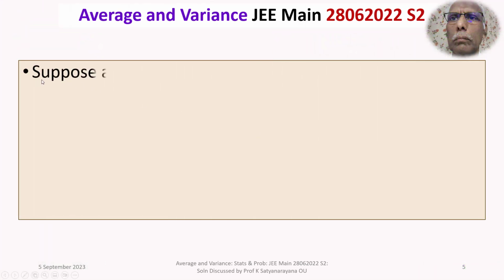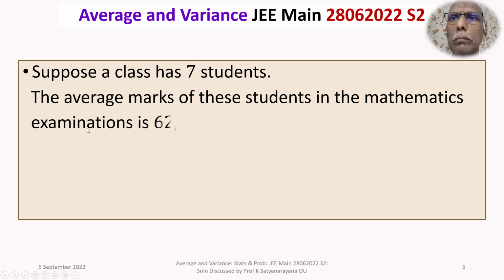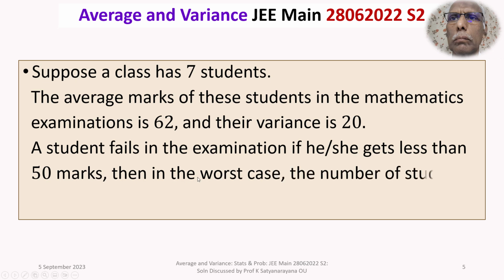The given question is, suppose a class has 7 students. The average marks of these students in the subject mathematics is 62 and their variance is 20. A student fails in the examination if he or she gets less than 50 marks. Then, in the worst case, the number of students who can fail the exam is,